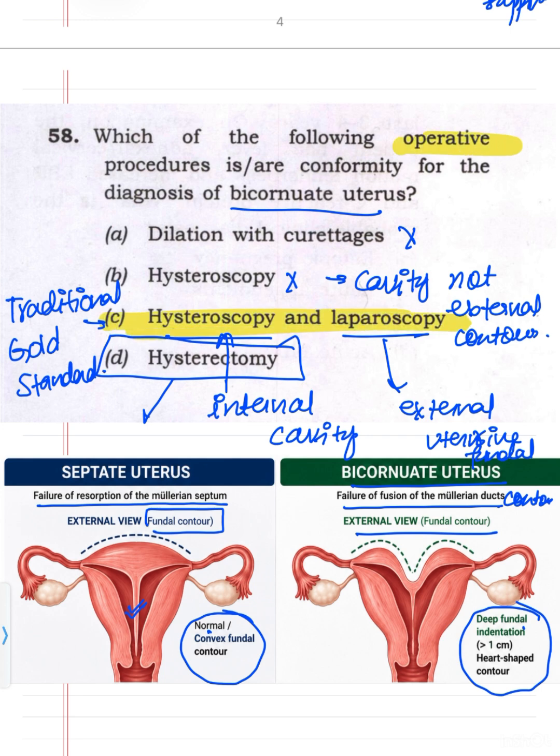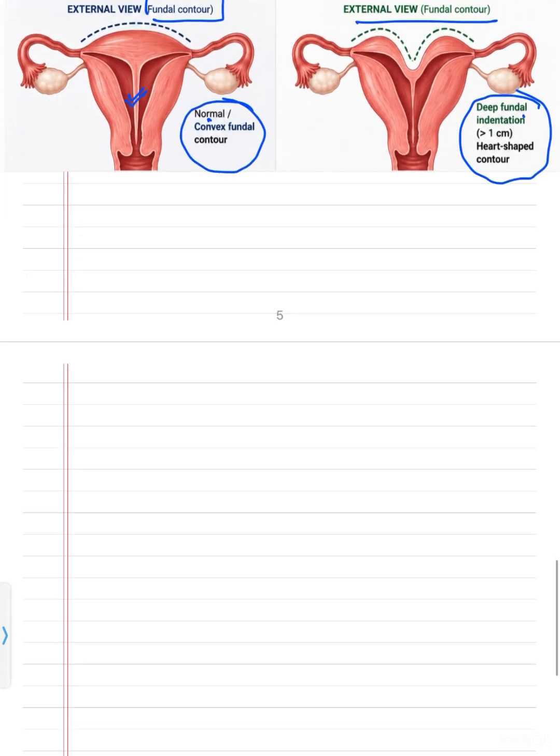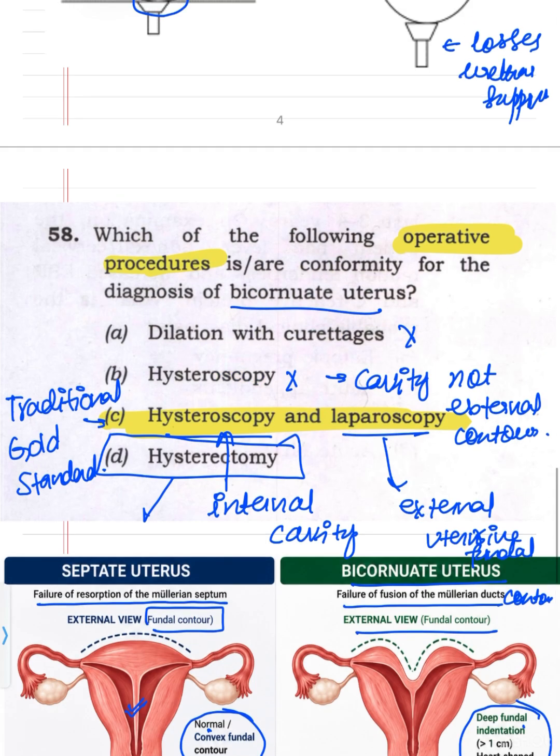So the question was about the operative procedure, because now there are many other things which have come for the diagnosis of bicornuate uterus, so that you are not going to do these operative procedures. You are just going to order an MRI; modern MRI is going to tell you the contour, and you are going to tell if it is bicornuate uterus or not. Or recently 3D ultrasonography has also come, so you can find out through this. But the question was about the operative procedure, so the